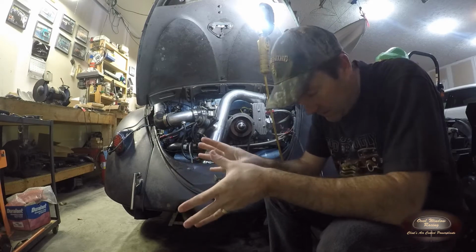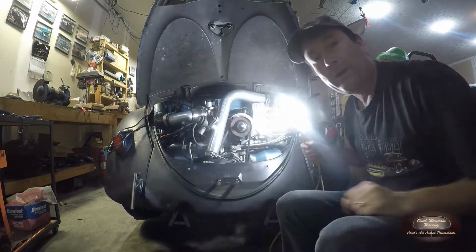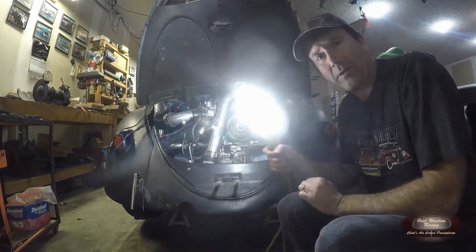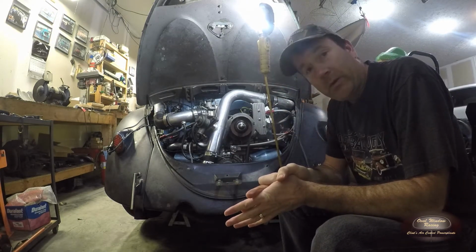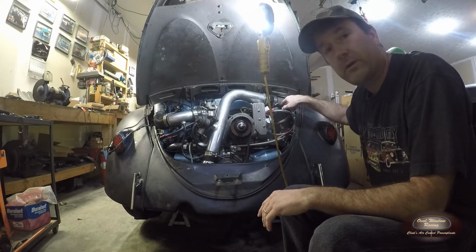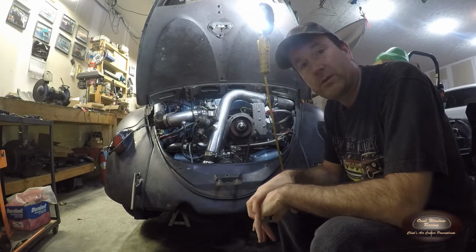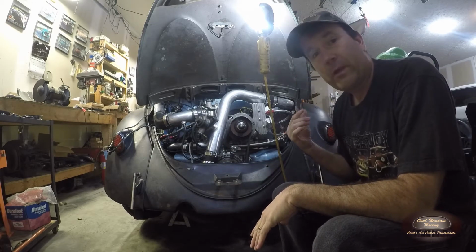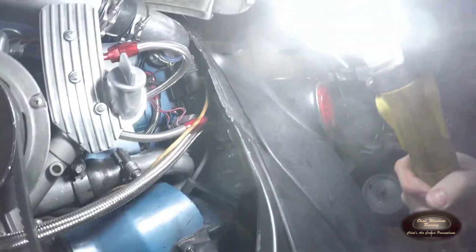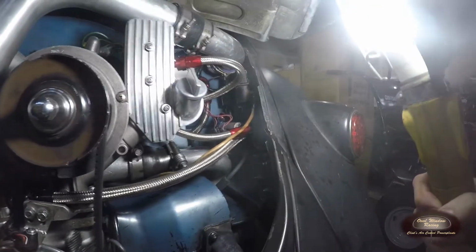When I ran the car earlier, when I had the oil return up into the breather box, like I mentioned before, it went all over the floor. The breather system, or I think the kids nowadays are calling it a catch can, couldn't keep up. So I went and, let me show you, got the drain tube going right into the engine block. And I have previously run this car to try it out, and